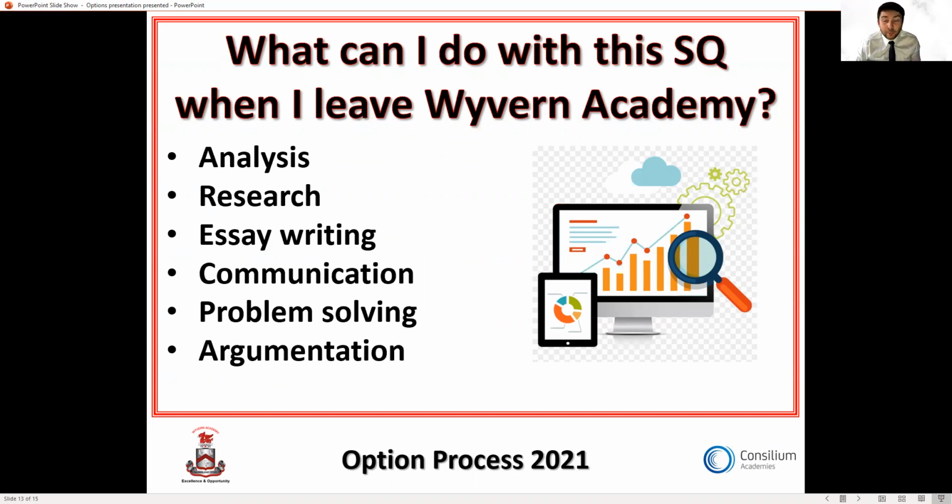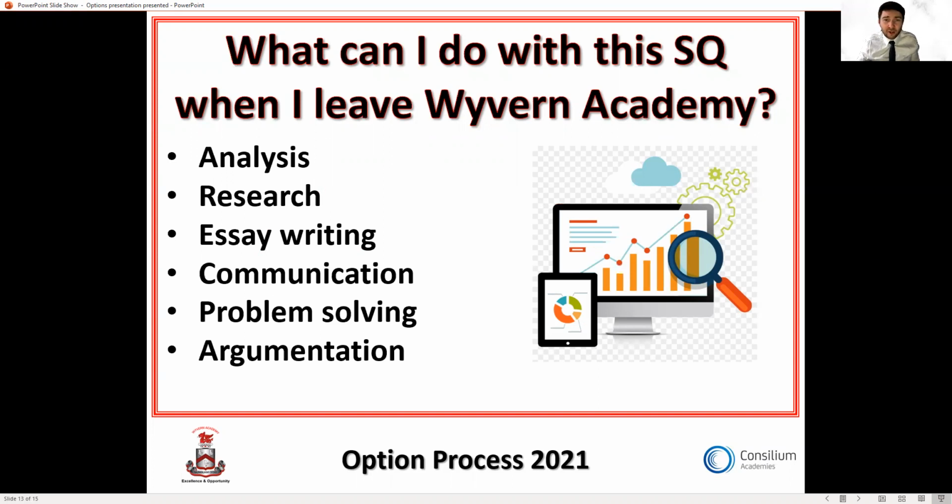Analysis, we will be analysing a lot of sources, pieces of evidence, research, essay writing, communication, problem solving, and argumentation, evaluative skills, okay? A lot of employers like the skills that come with a history GCSE, and that is why it's so hard. But like I said, with these skills, you can go on to do so many things,